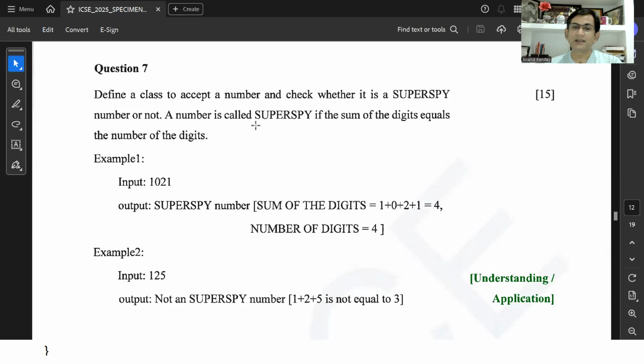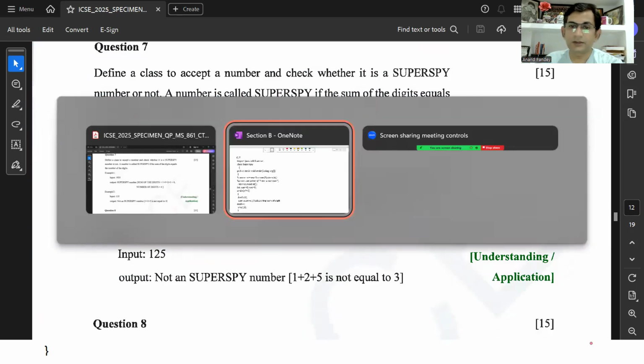The super spy, the sum of digits, means we have to find the sum of digits and we have to find the number of digits, and then we'll check whether they are equal or not. Say for example 1021, sum of digits will be 4, and this number has 4 digits. So I'm going to discuss this program. So listen students,